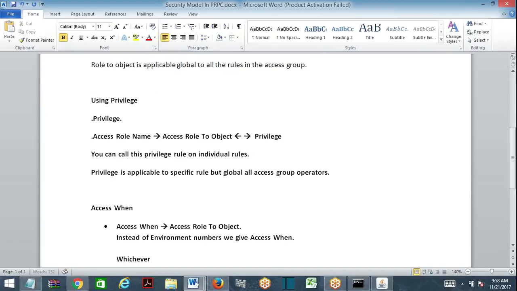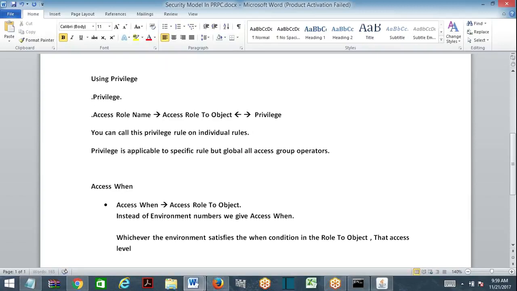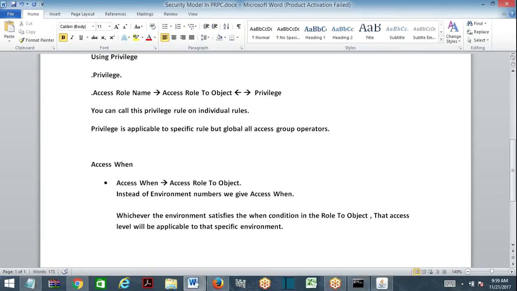Whichever environment satisfies the when condition in the role to object, that access level will be applicable to that specific environment. Okay, that is what access when rule is.